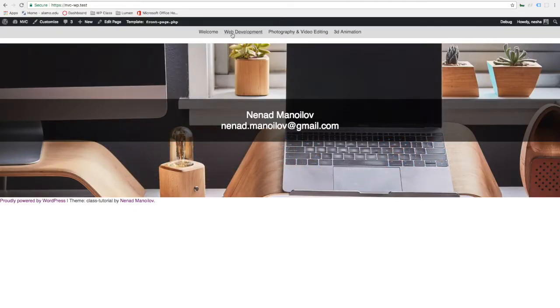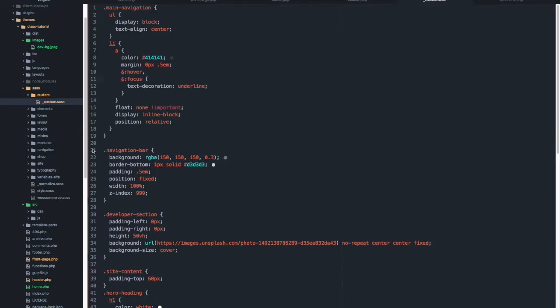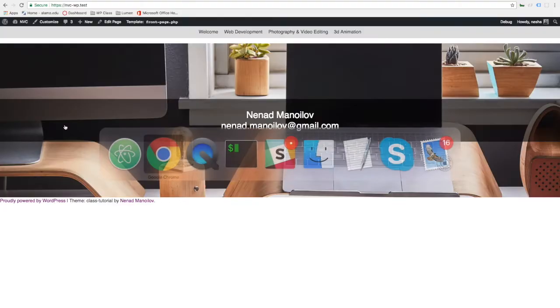For us right now, when you use mouse, it doesn't mean anything, but if you do tab, you see it shows that underline. Now I'm using tab now, so if you don't do focus, it wouldn't do it. So let's go to our WordPress loop. So to show the regular